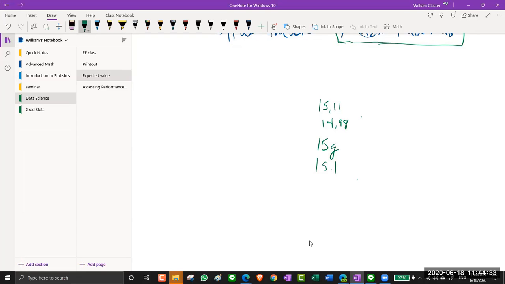Then maybe what I'll do to say what the true measure of how much this weighs is take the average of all of these. That might be a good idea, because each time I measure it, I might get a slight difference. But if I take the average, maybe that's a good measure of what the true weight of this